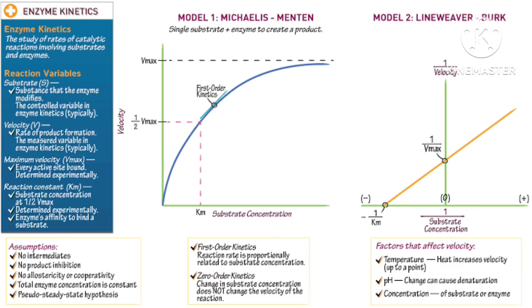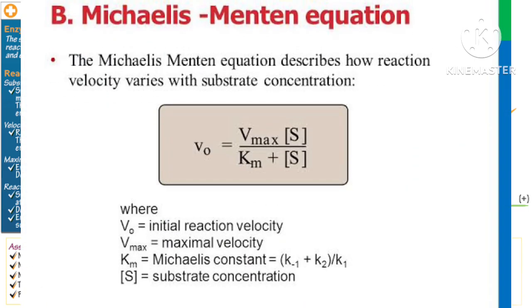As designated in Model 1, you can see there that Km is specifically the substrate concentration at which the enzyme yields half the possible maximum velocity. Therefore, the Km indicates the amount of substrate needed for a particular enzymatic reaction to occur. The Km, class, stands for what again? The Michaelis-Menten constant. The Michaelis-Menten hypothesis of the relationship between reaction velocity and substrate concentration can be represented mathematically as the following,